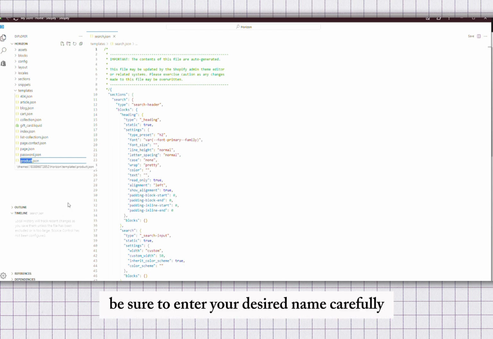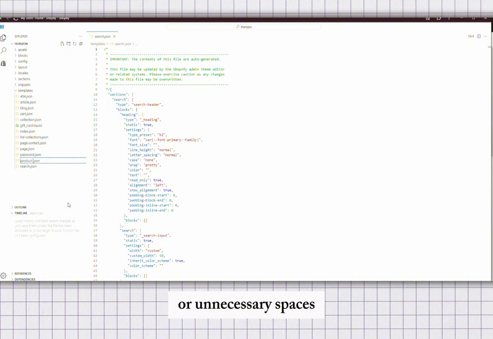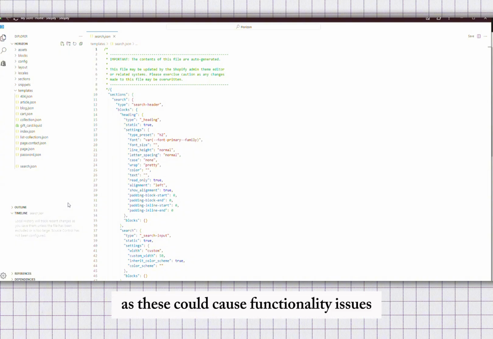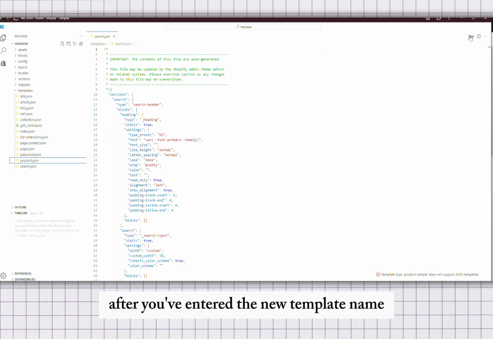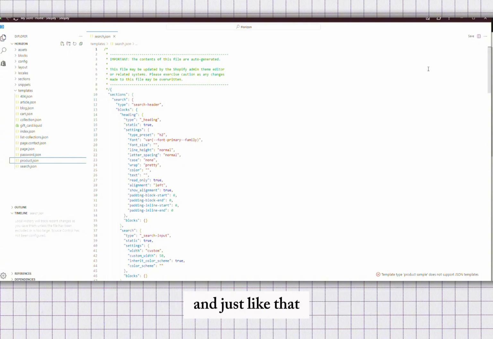Be sure to enter your desired name carefully, ensuring there are no spelling mistakes or unnecessary spaces, as these could cause functionality issues on your website. After you've entered the new template name, proceed by clicking the Rename File button, and just like that, your template